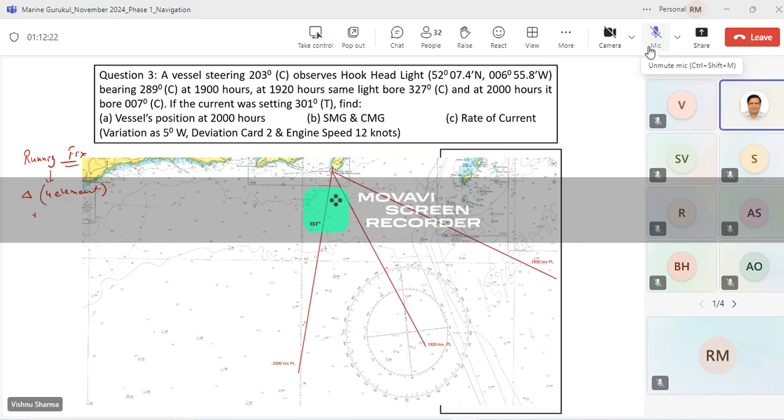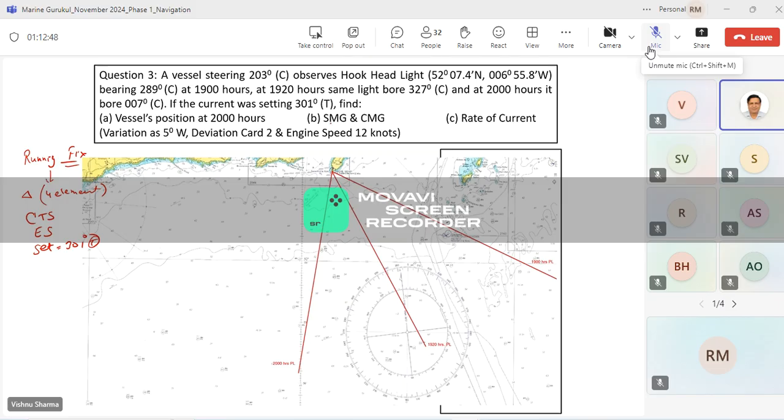One is the course to steer. Other is the engine speed. Is there anything else known to me in the question? Just see. Set only. Where is it given? Only the set is given. Okay. 301 degrees true. Very good. Anything else? No. The question says